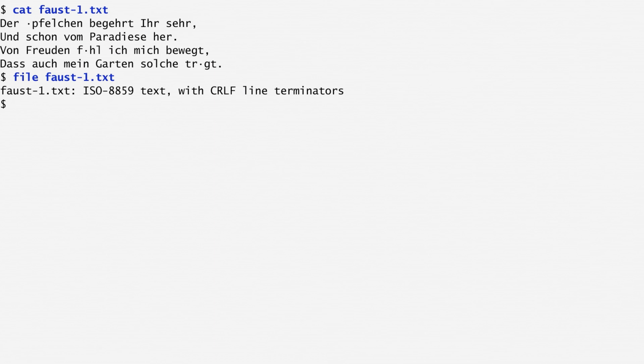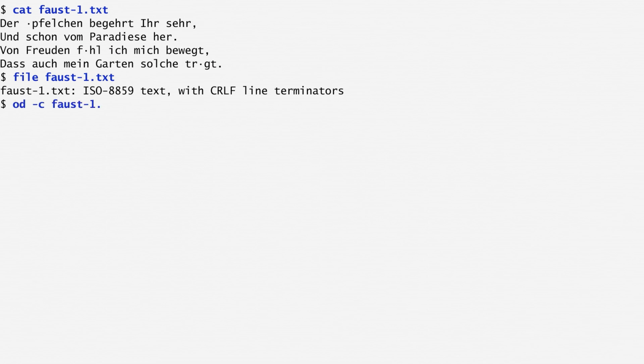8859 standard. This means that Roman characters of non-English languages, such as German or French, are encoded in the second 128 positions of the character set. Unfortunately, this 8-bit standard can't work for all languages, because with only 256 possible encodings, there are not enough positions in the set to encode all characters. Nowadays, we use a different encoding standard named Unicode, which has enough space for all characters. That's the encoding I also use in the video you're watching. As a result, the different standard used in the file is the reason we cannot see it properly.